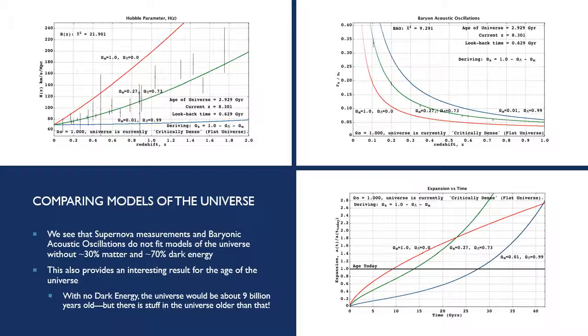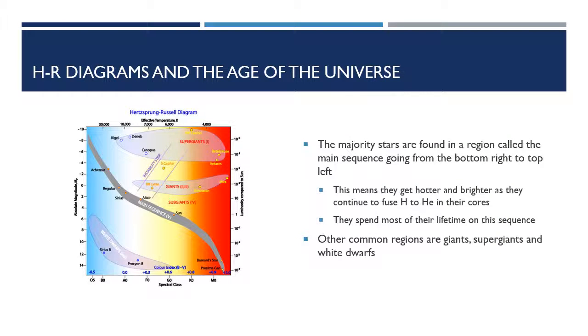But with an amount of dark energy, you find that the universe turns out to be closer to 14 billion years old. So basically, why was this a problem, or why is this interesting? Well, this is really interesting because we were getting measurements of stuff that was older than the universe was itself. That would be a problem. But first, that requires looking at some HR diagrams, Hertzsprung-Russell diagrams. And so this is a really interesting diagram, there's a lot going on in this. I'll unpack a little bit of this diagram.